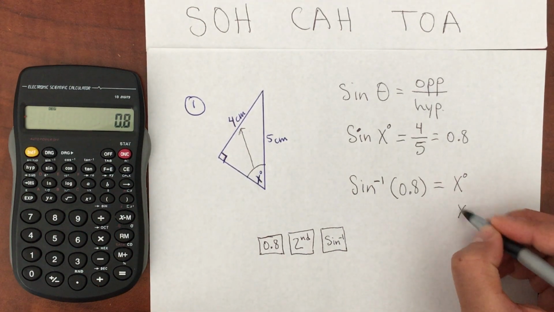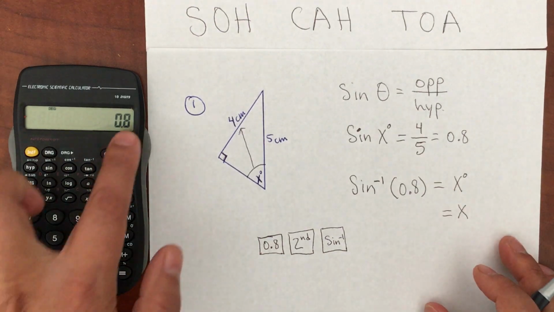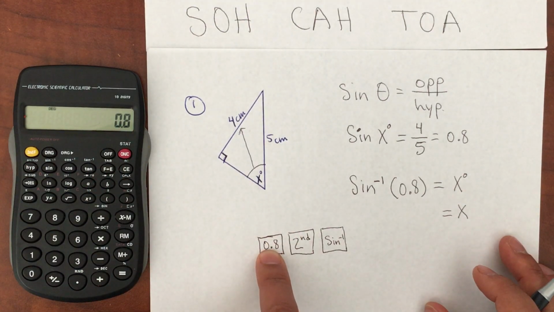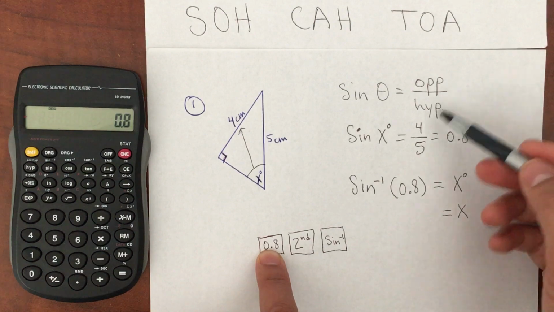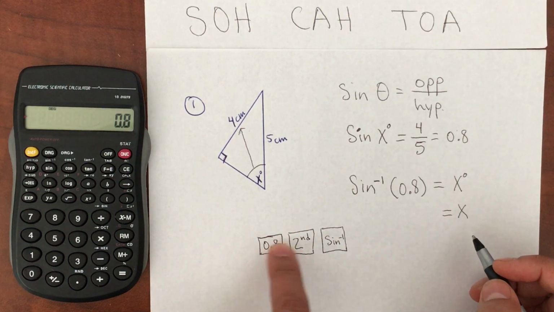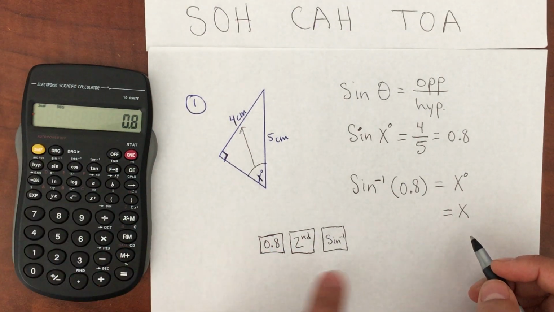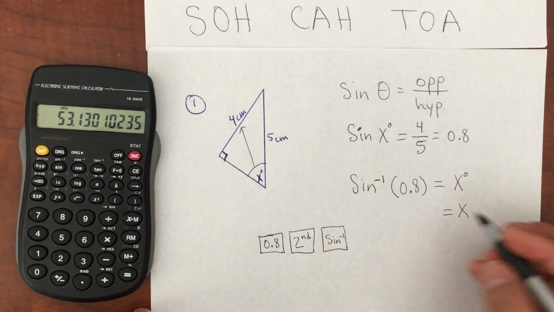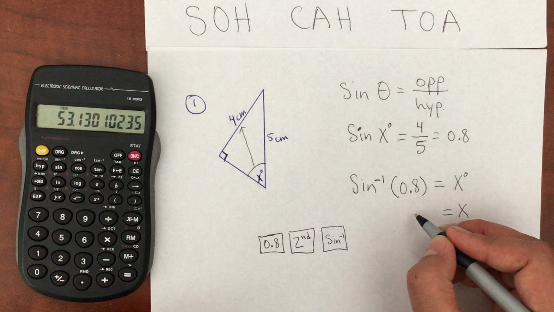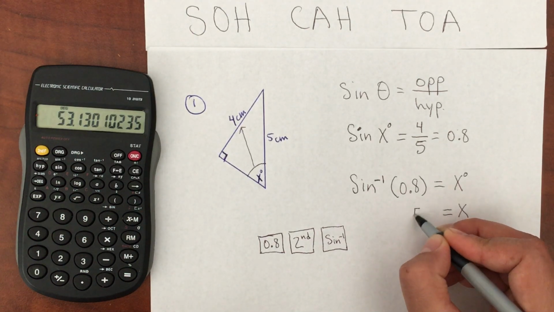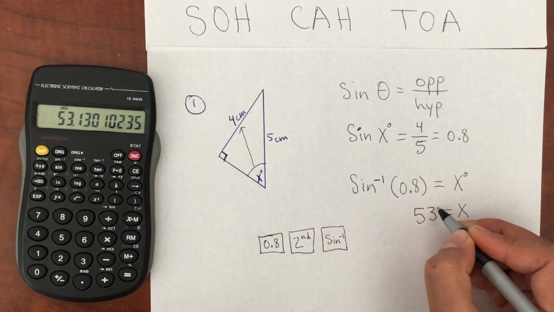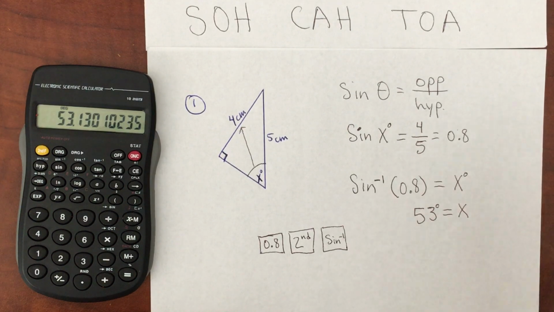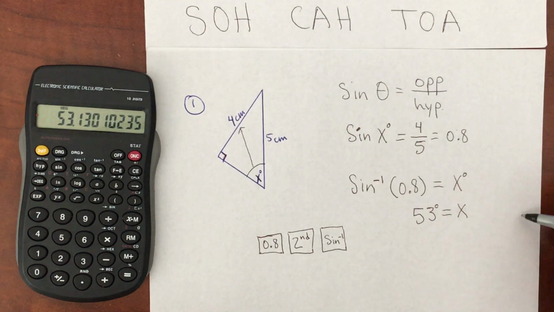So my x is going to be equal to, I have the ratio already, which I found here. I put second, and the sine gives me the inverse of sine, which is going to be 53 degrees. I'm going to ask you that for the degrees, you round to the nearest whole number. And it's because if you look at a